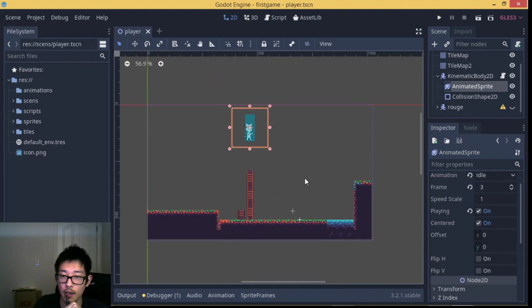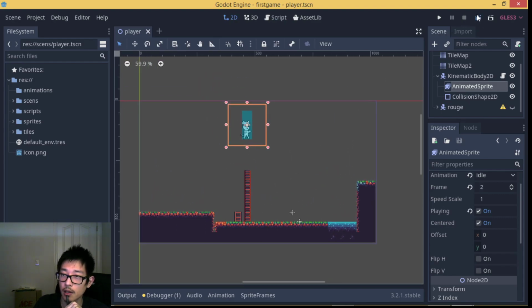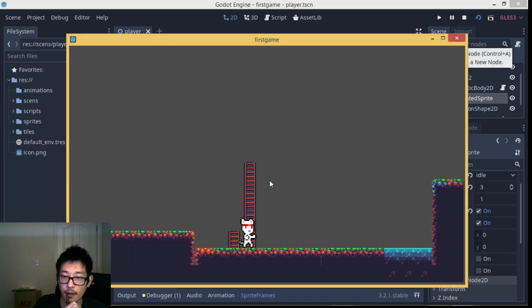and let's test it again. So yeah, now we are trying to move the cat smoothly and jump, perform the jump animation, and yeah, it worked well, and